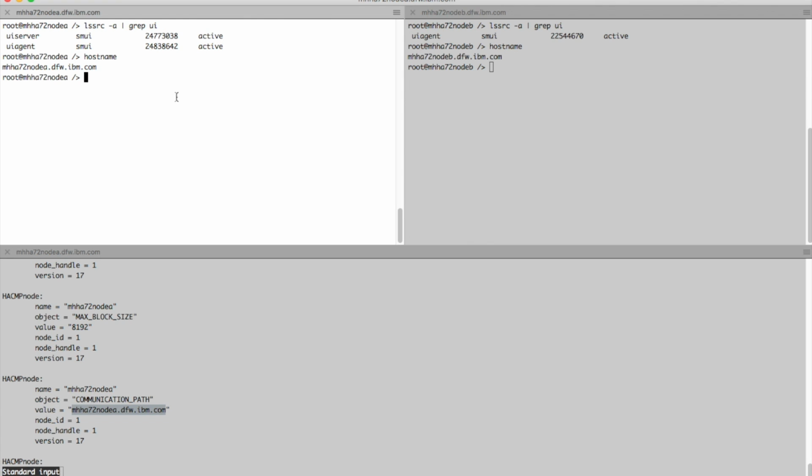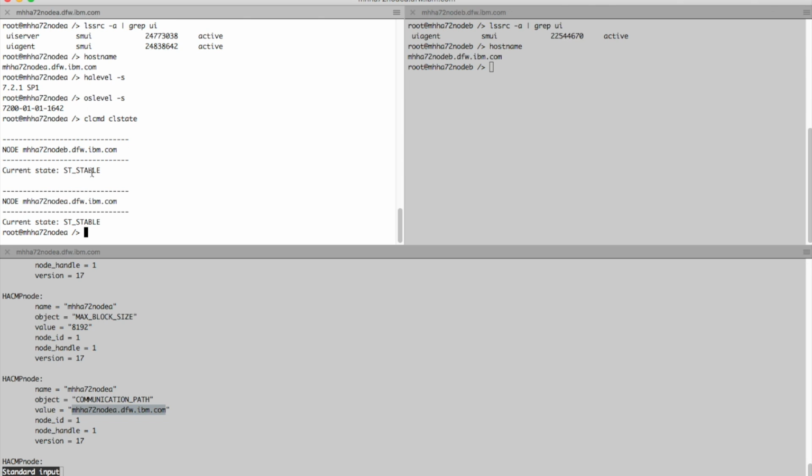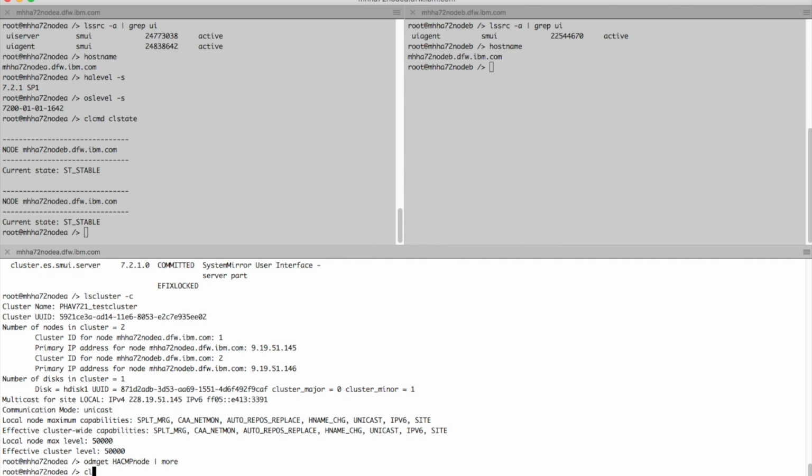The cluster is actually actively running. If I do an halevel -s, it's showing you that it's running 7.2.1 service pack 1, the same information as far as the OS is concerned. And I do have a little wrapper script to tell the current status of the cluster manager daemon. So node B is showing stable, so cluster services are truly active, hosting things over there. If I come back to this bottom window,